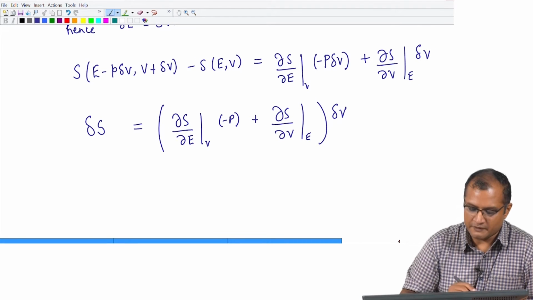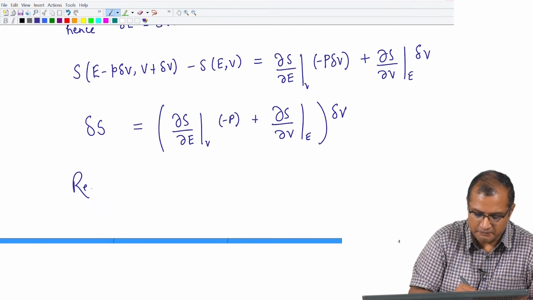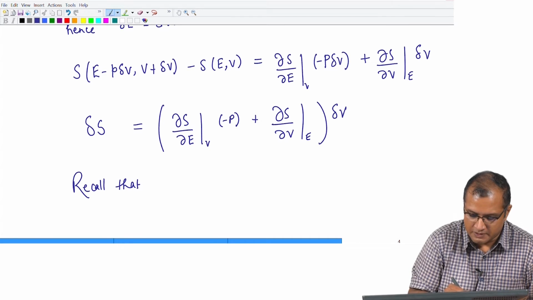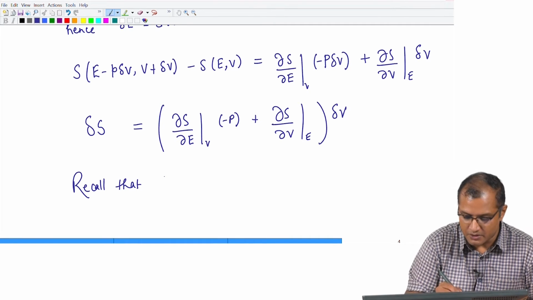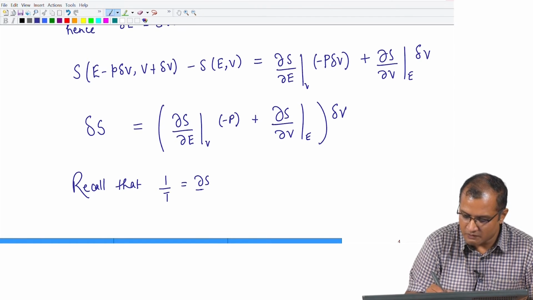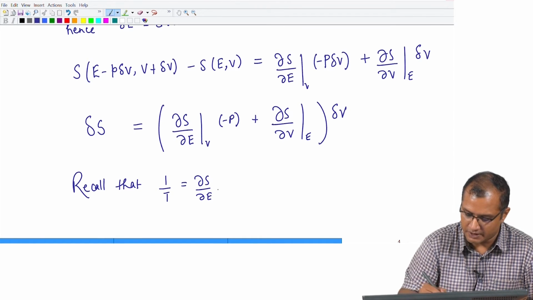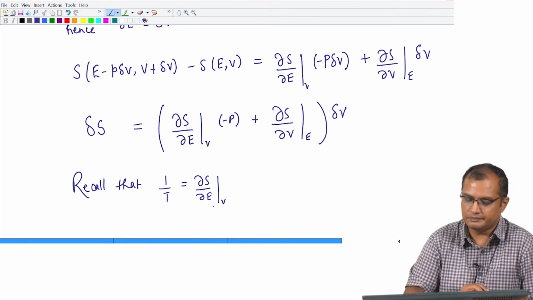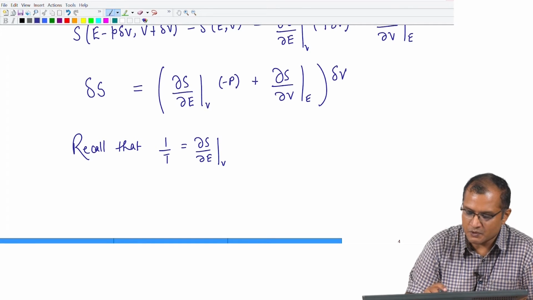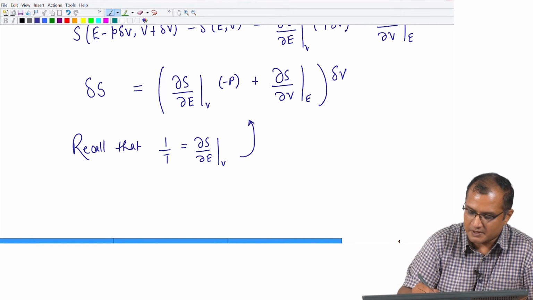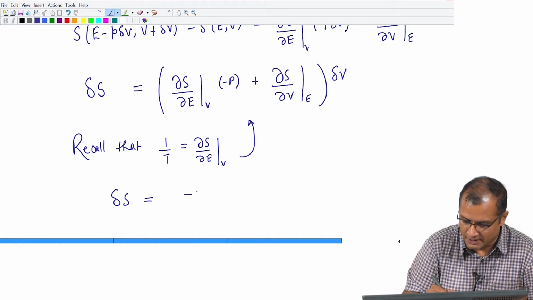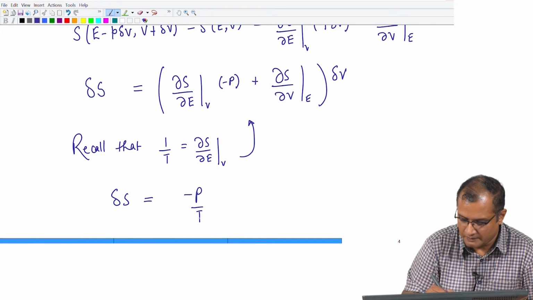And now what we have learned from the first law discussion is that the thermodynamic definition of temperature is del S over del E at constant volume. So, we will substitute this in this expression. So, our delta S becomes minus P over T,